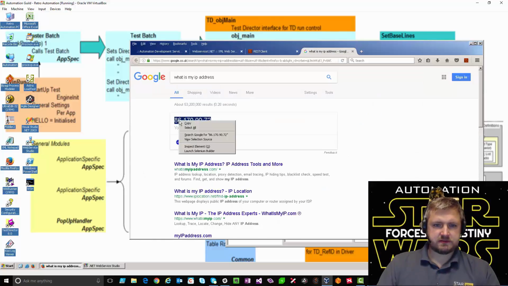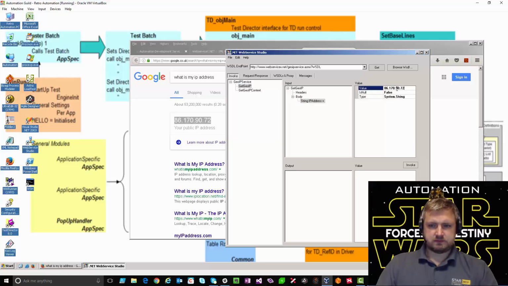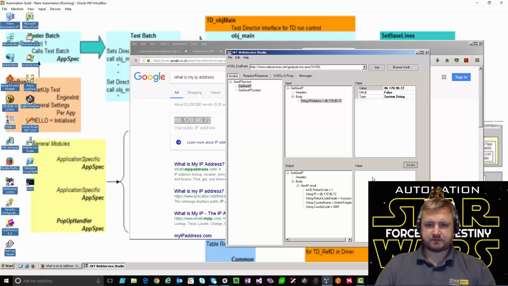Copy that across. I'm going to enter that value, and then I'm going to invoke, which responds with United Kingdom as my location.